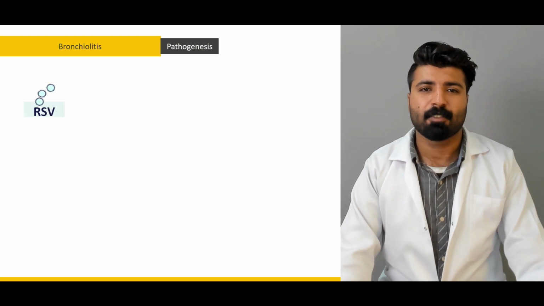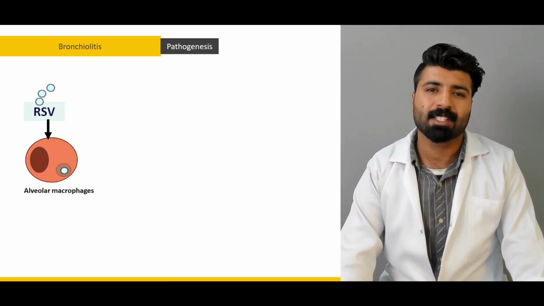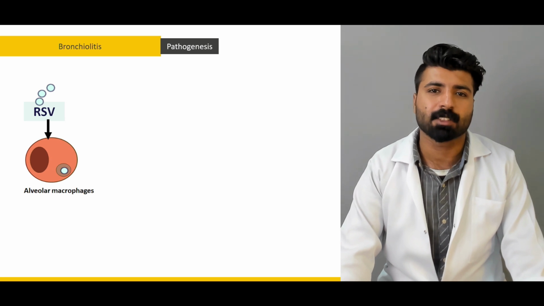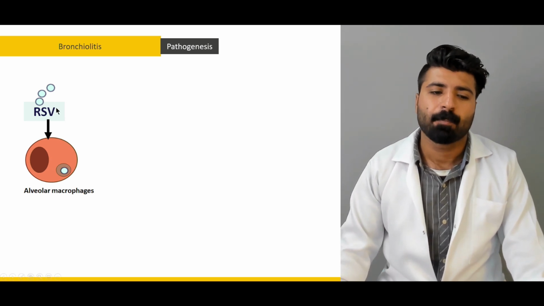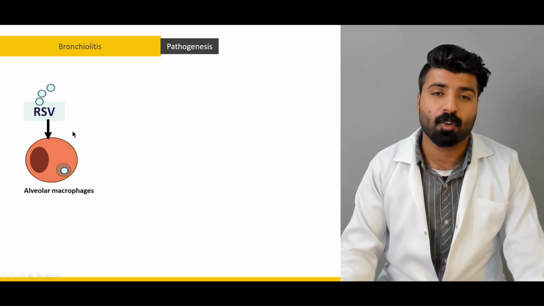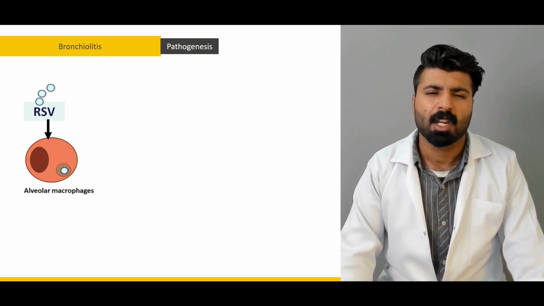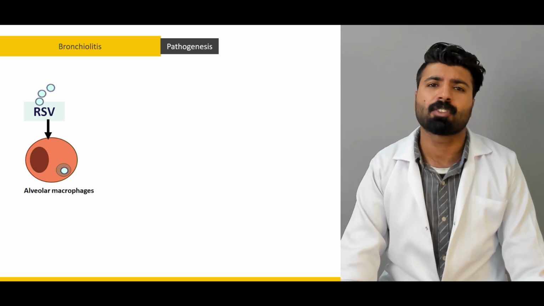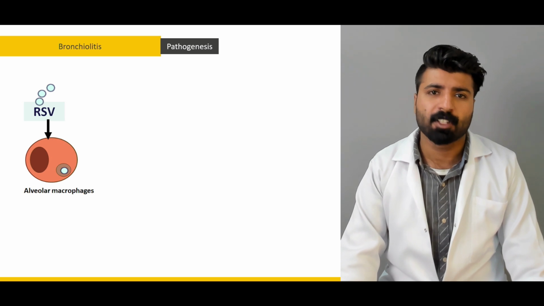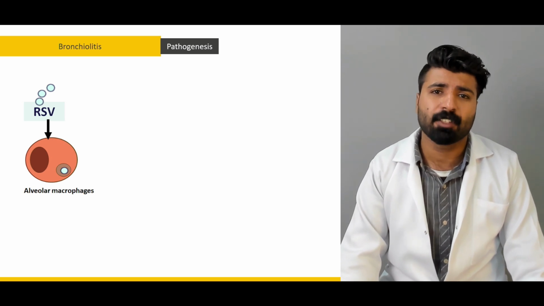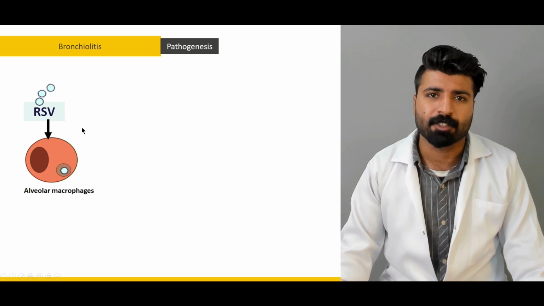In the pathogenesis of bronchiolitis, we have to know the basic etiological factor. The virus RSV is the basic organism which leads to the pathology of bronchiolitis. It can also be adenovirus. It can also be Haemophilus influenzae. But in 80% of the cases, it's always RSV. RSV leads to the